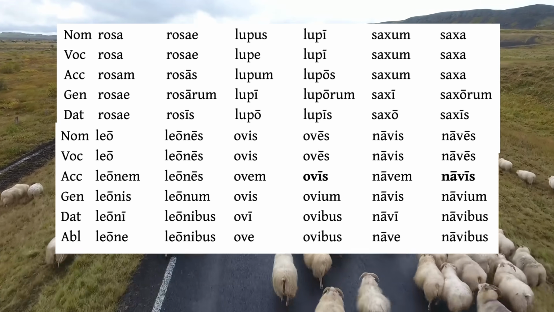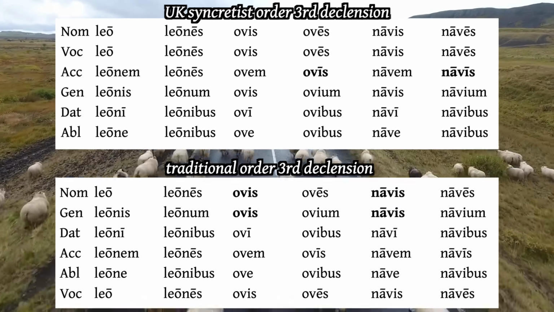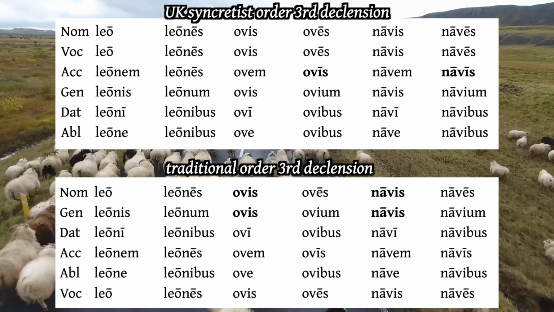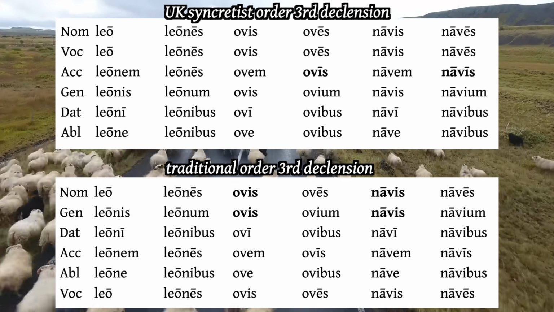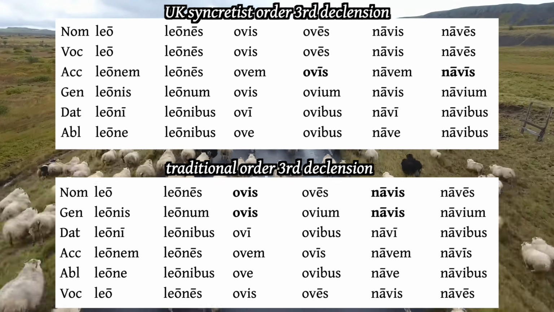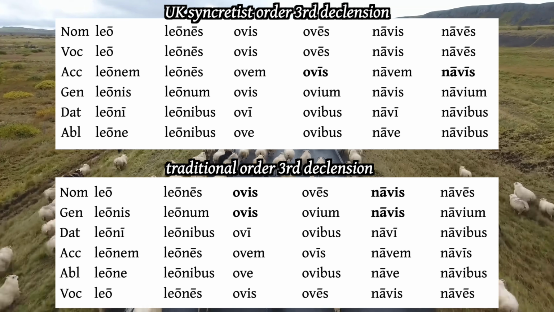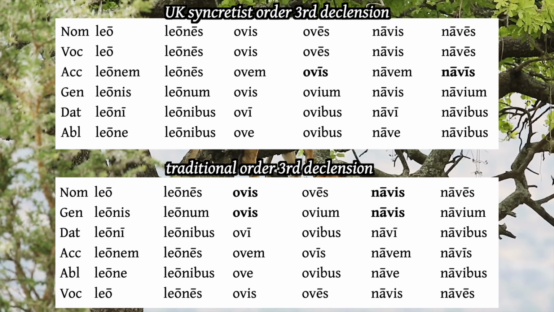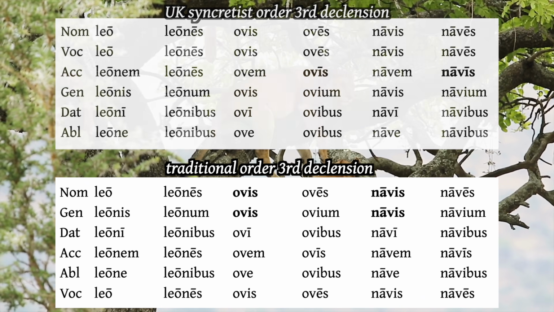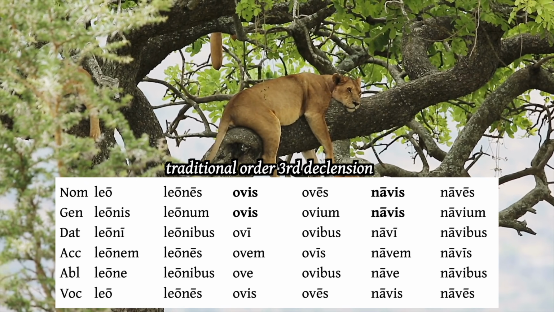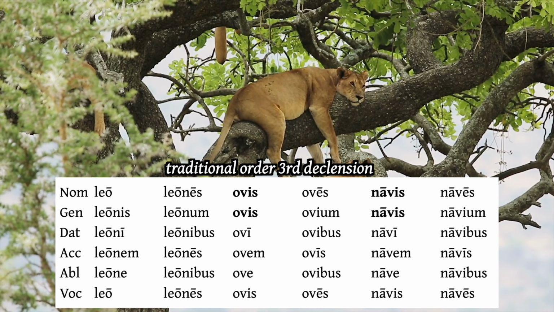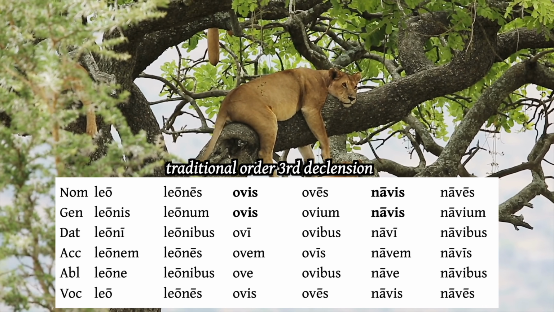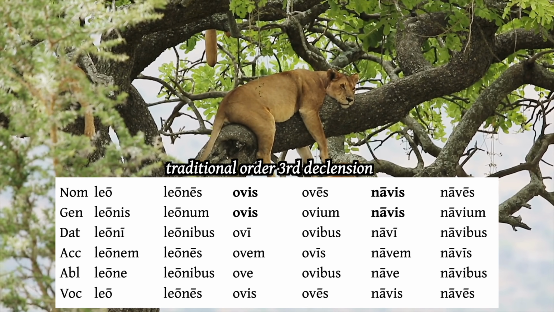Let's see these three nouns again in the traditional order. Here we see a true syncretism appears, a very important one. While most third declension nouns have a different form in the genitive, a great many do have identical nominative and genitive forms, at a rate that outnumbers the syncretic forms of the nominative and accusative in every other declension, especially masculine and feminine. Is one form of syncretism better than another? It certainly makes ovis ovis stand out from leo leonis